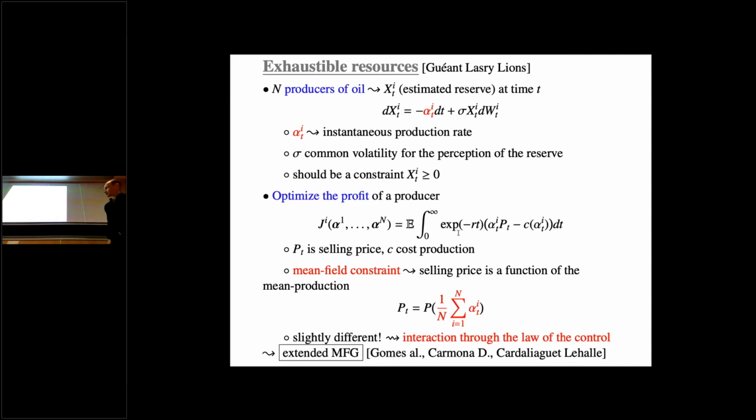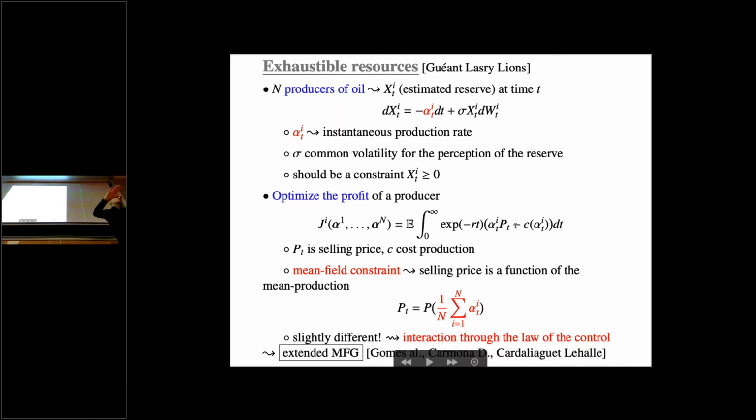Here, what you have is a discount, which is not very surprising for those of you who know finance. So this is a discount, and in the profit, in the instantaneous profit, so this is somehow my running cost, but now this is a running reward. I have the rate of production and the selling price P. The selling price P is a global quantity. This is a kind of aggregate between all the players. And there is some cost of production.